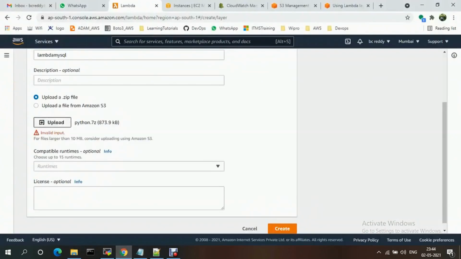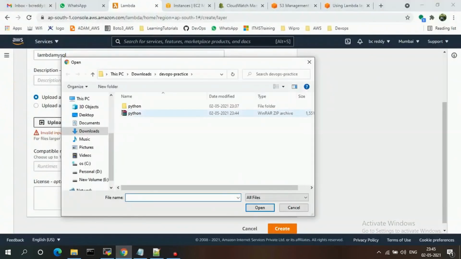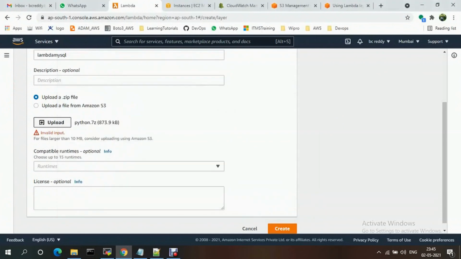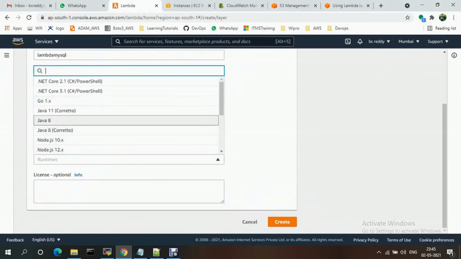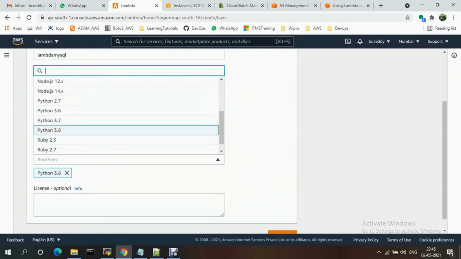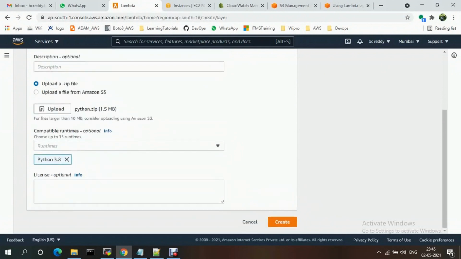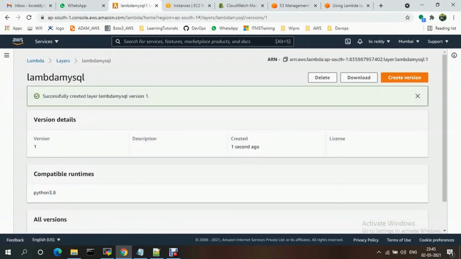Now let me upload again. My runtime is Python 3.8, and I'm creating the layer. The layer is created successfully.